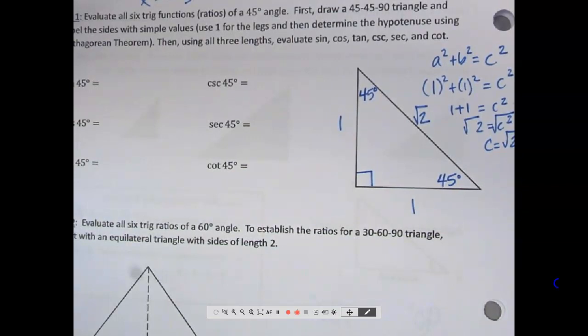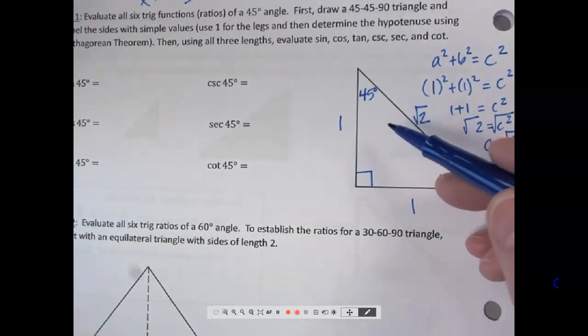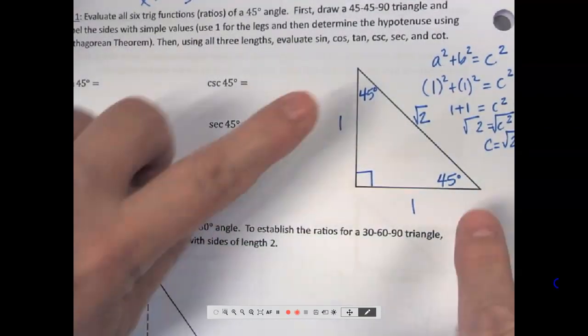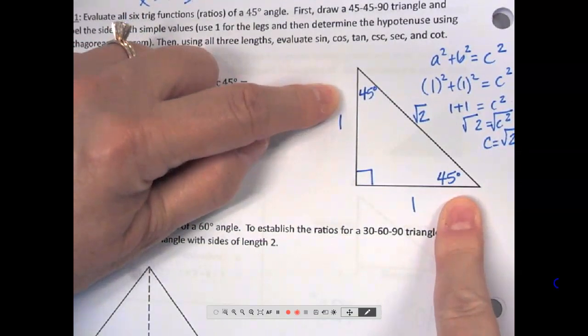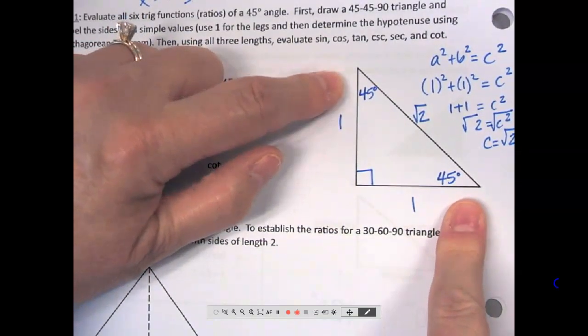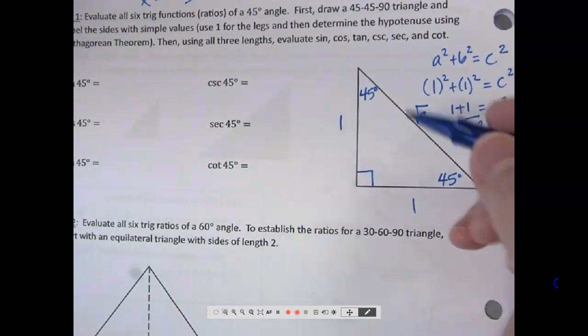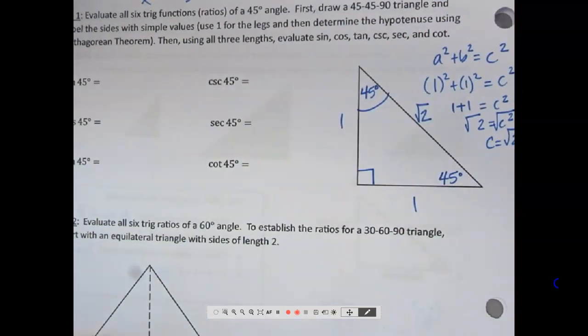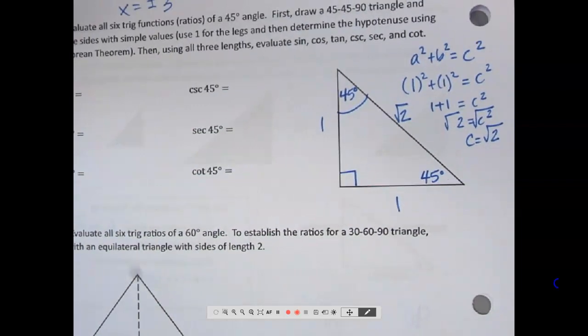Or the top. It doesn't matter here because they're the same. Okay, so if I say what's opposite 45, it doesn't matter which one of these you look at. You're going to get the same result here. Okay, so I'm going to just say we're looking at the top one. But again, it really doesn't matter because we're getting the same result. Okay, so go back to your